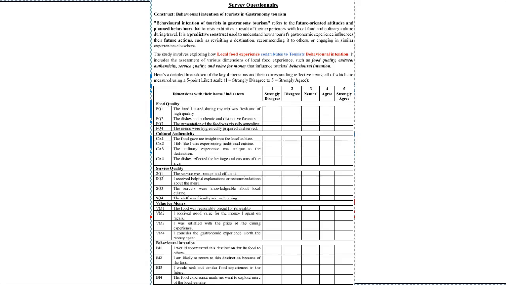We will be going on to analyze this questionnaire with some sample data, wherein I will show you how to find out the missing values, how to do the normality assessment, how to fetch out the outliers, and later on we will be conducting exploratory factor analysis in SPSS for the same questionnaire.